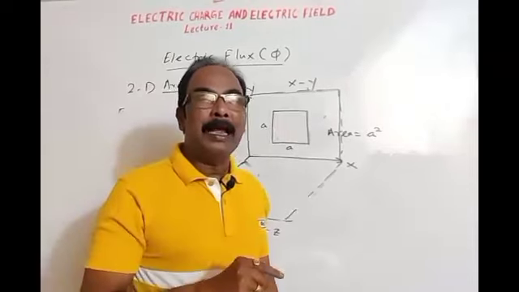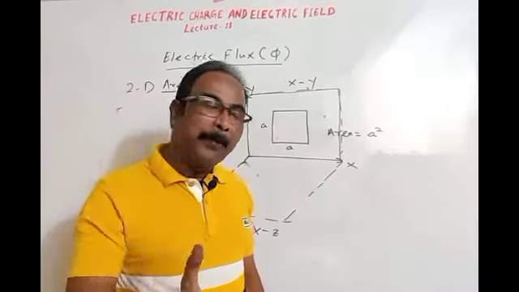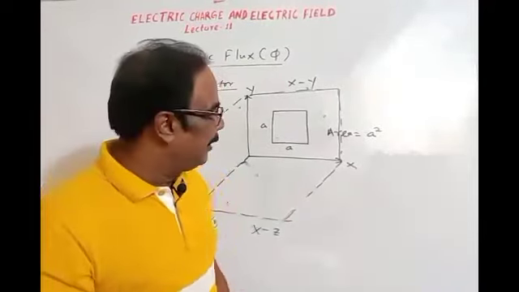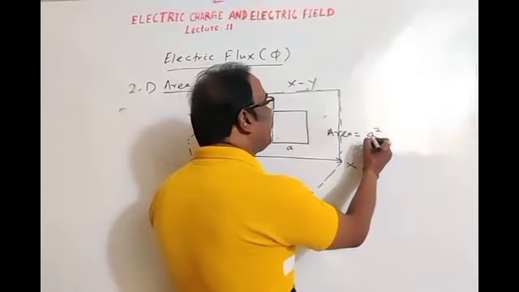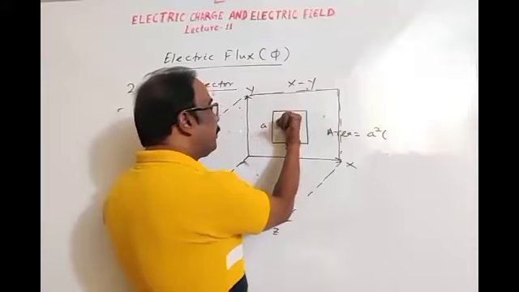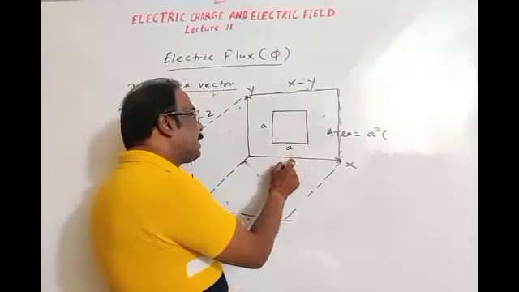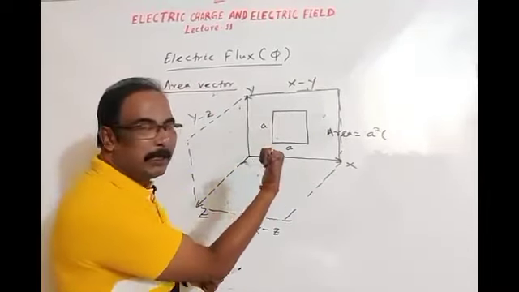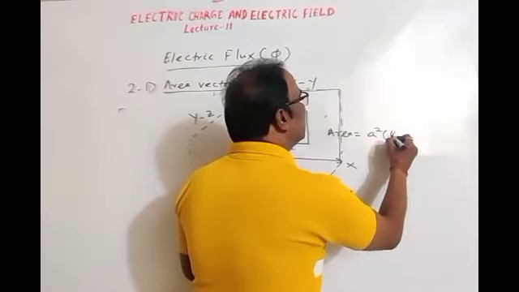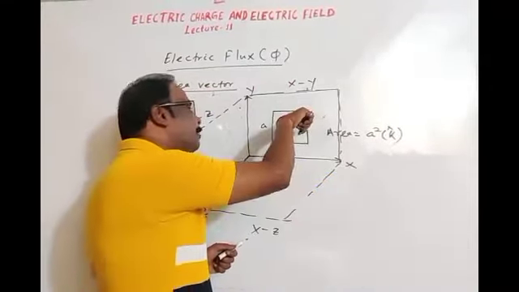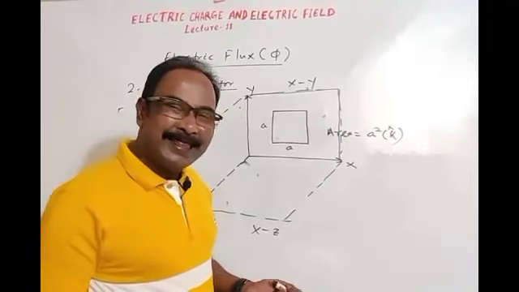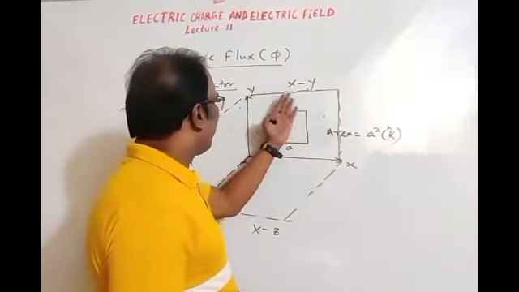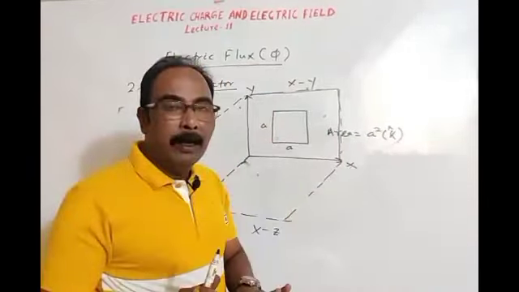When you are solving numericals, don't change the direction. If you are taking outward, then take outward. If you are taking inward, then take only inward. Then the direction of the area vector, if you take the outward direction, is perpendicular to the xy plane, perpendicular to the x-axis and the y-axis. Obviously, this is along the z-axis and the direction is k cap. If you are taking inwards, then take minus k cap. Thus, if the plane of the area lies on the xy plane, then the direction will be along the z-axis.